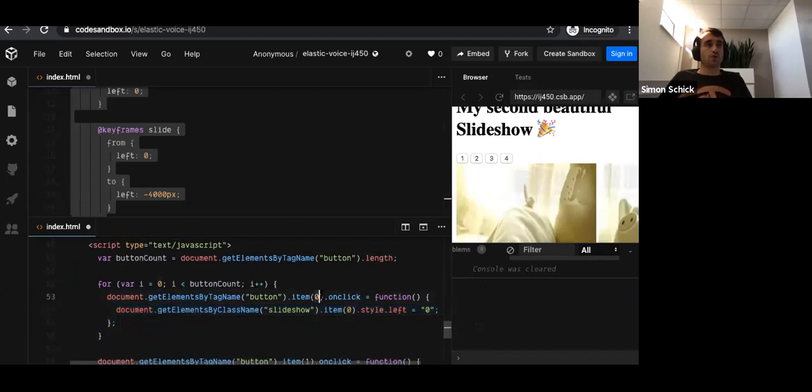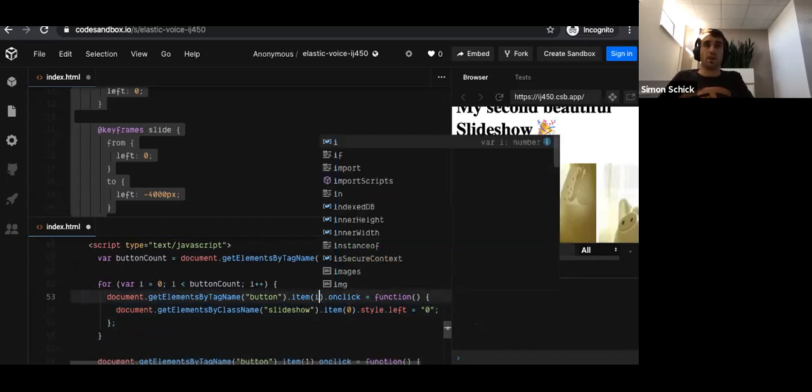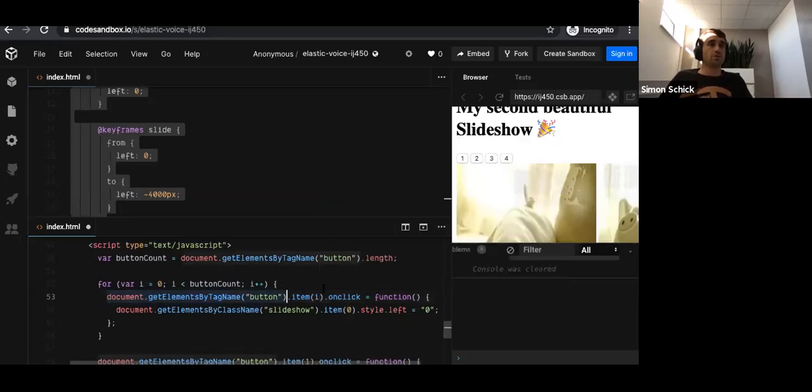And all of these 4 times, we wanted to select the item at the index I, which is first the one on 0, then on 1, then on 2, then on 3, right? And for all these elements, for all these buttons, I want to set a click event